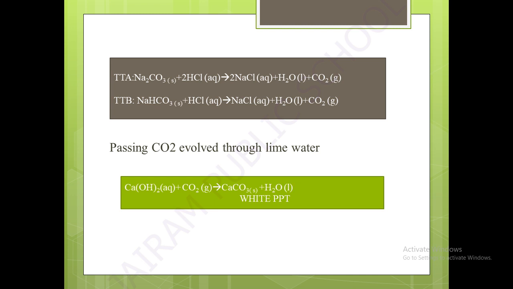Here is a diagrammatic explanation for this experiment. If you see this diagram, we have taken two test tubes. In one test tube I have added hydrochloric acid as well as metal carbonate. If we test the gas which is coming outside by passing it into the other test tube containing calcium hydroxide, a precipitate settles down. So carbon dioxide gas is evolved outside. This is the diagrammatic representation of this reaction.